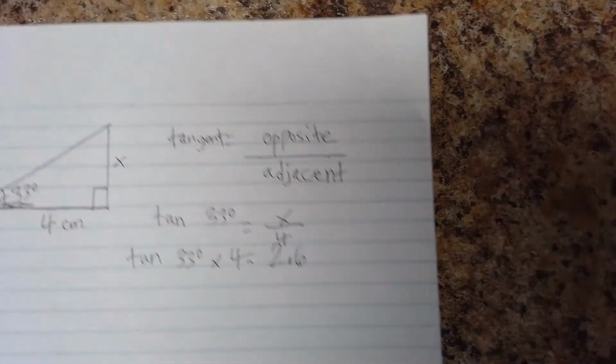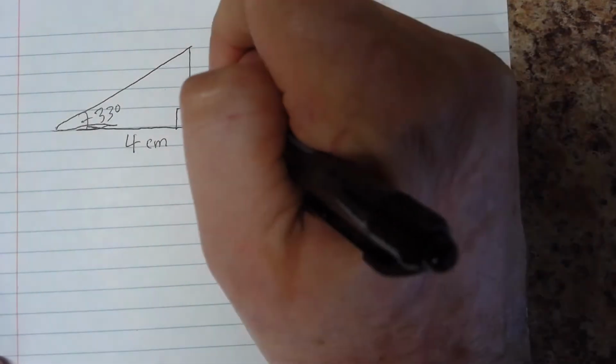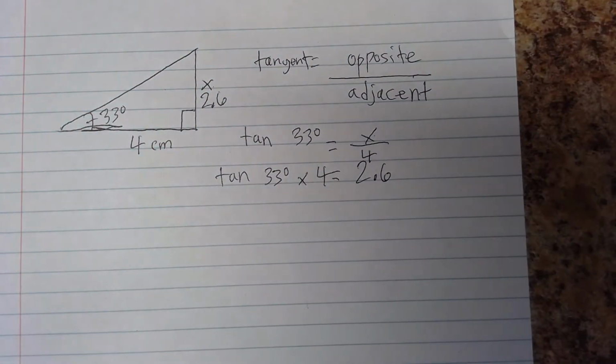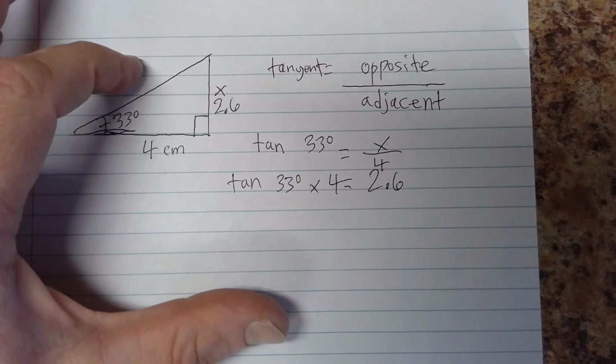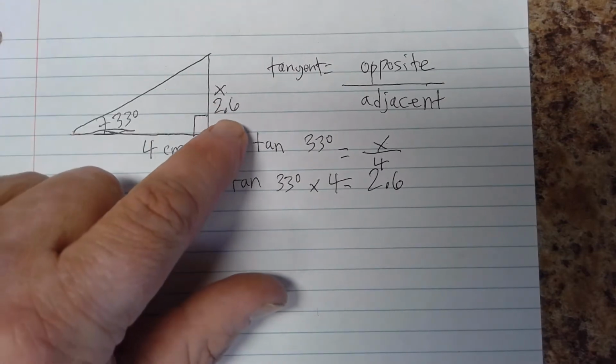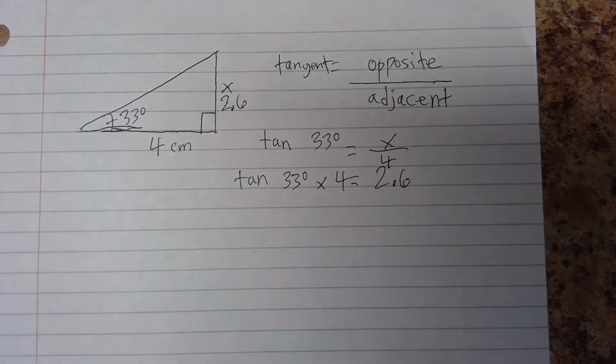So back to our diagram then. x is equal to 2.6. If I wanted to find this side as well, I could just use Pythagoras at this point, right? 2.6 squared add 4 squared equals c squared, and then I would proceed with that. Okay, so Pythagoras comes into play all the way through our unit here. All right,